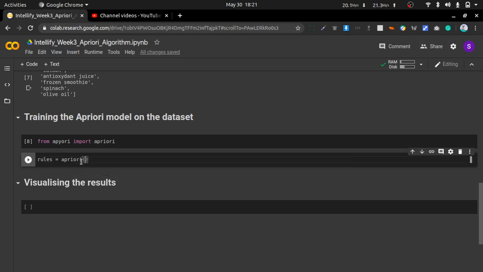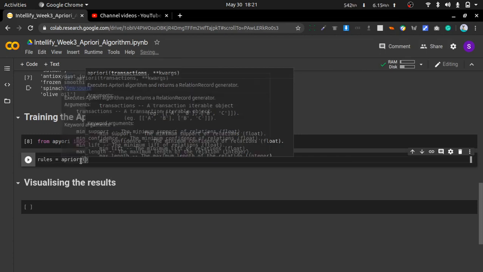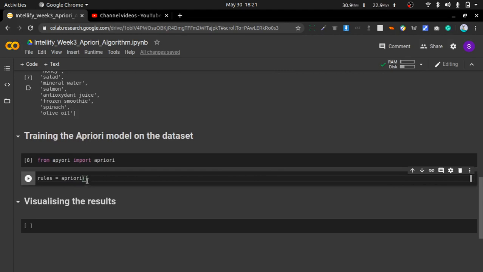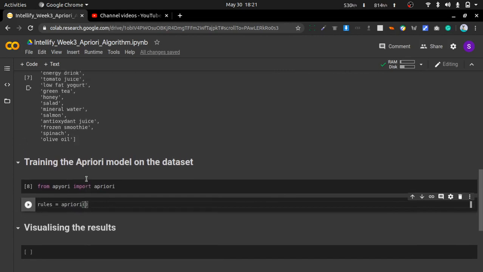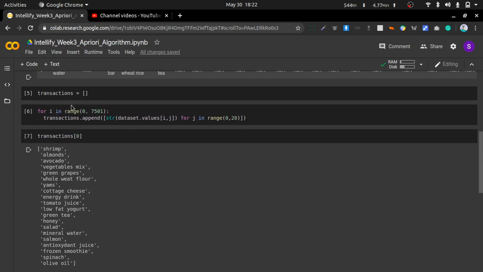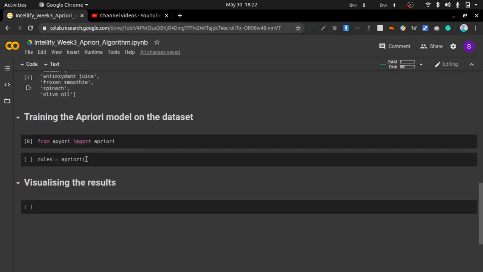Okay, successfully executed. Now we will build our apriori algorithm. As you know, the apriori method will understand only the multidimensional array. So the first parameter must be the multidimensional array that we have created in this code section, and all the values of the data set are now in the transaction list. So I will give that transaction list as input to these transactions.